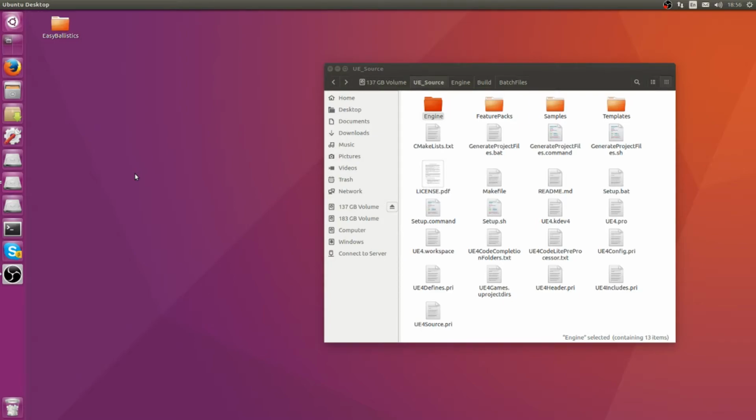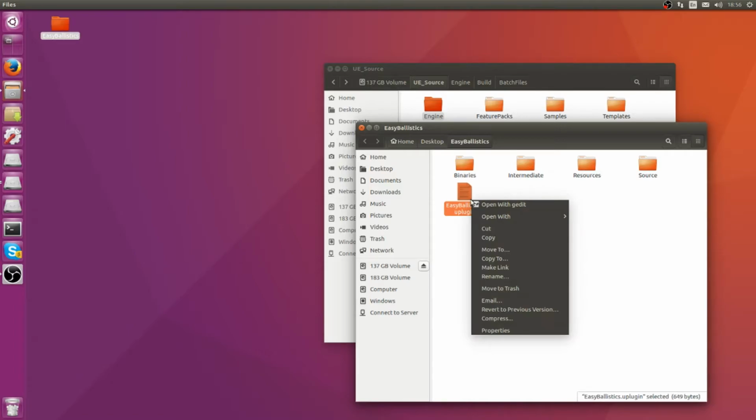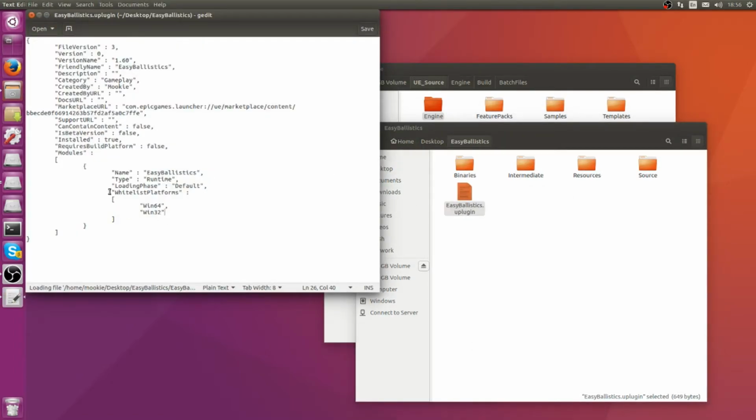So you're gonna have to do a small modification to make them work under Linux, and namely that you have to edit the uplugin file here. You open it with text editor, and here you can see the whitelist platforms, and as you can see, like right now only Windows 64 and 32 are enabled, so you just add Linux in there like this, save it,